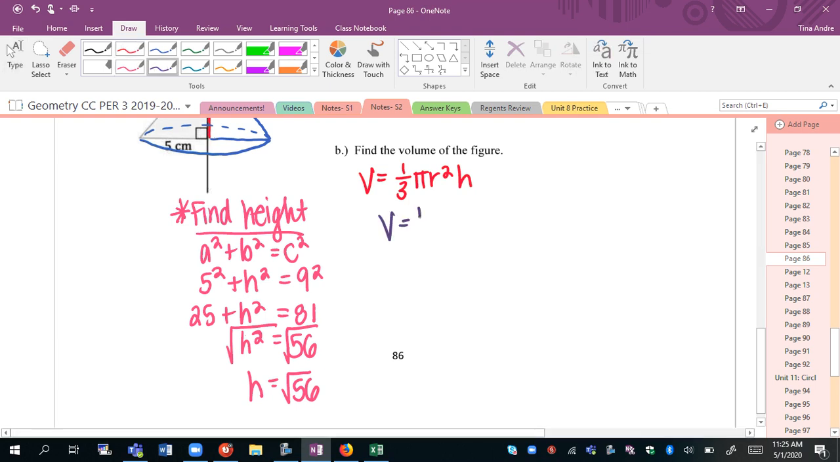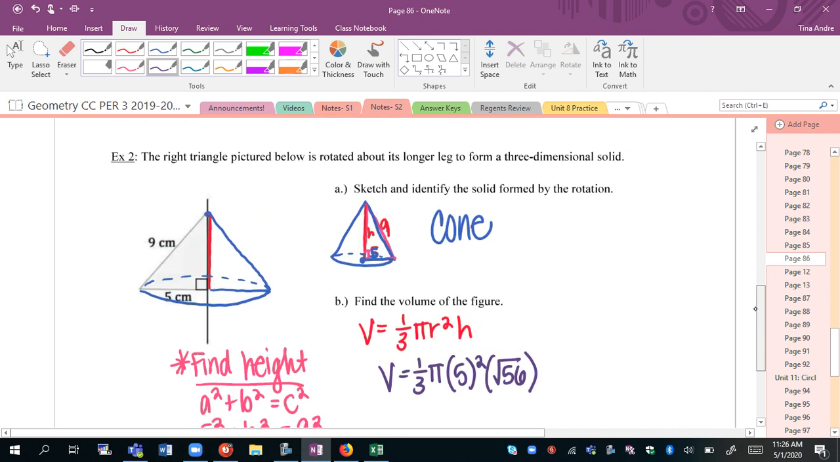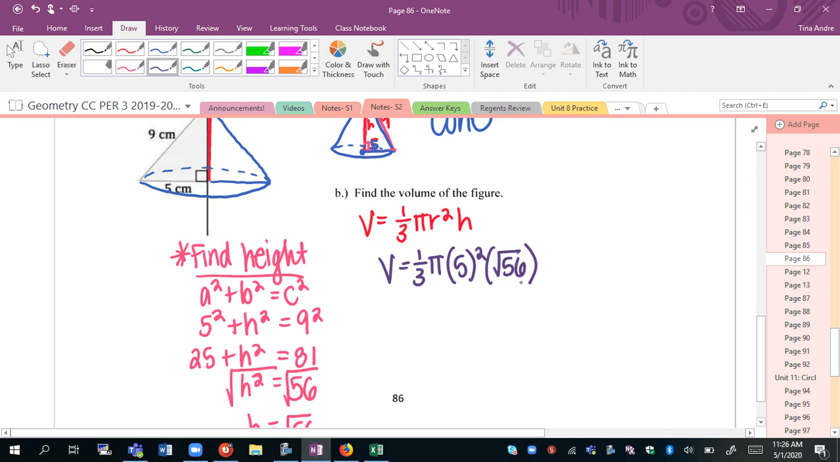So volume equals 1/3 pi. The radius we know is 5. And the height is the square root of 56. So if I want to give this as an exact answer, since it doesn't have rounding directions, I would need to simplify, get this into simplest radical form. I'm actually going to change this problem and just have you round it to the nearest, let's say round to nearest tenth, just because I want you to practice putting this all in your calculator. Otherwise, an exact answer would be all of the numbers except for pi. We would need to simplify, do simplest radical form. I don't want to worry about that for right now, so let's just round to the